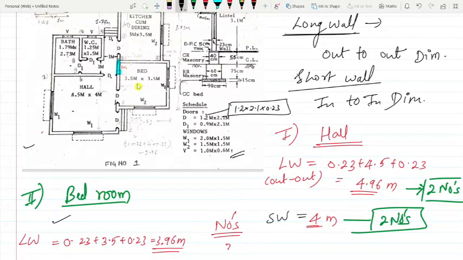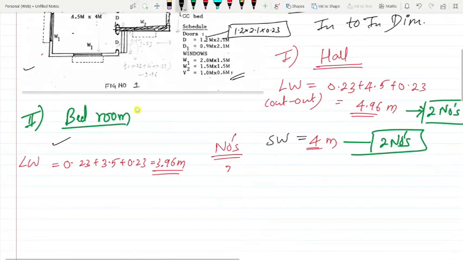So for the long wall, at least we have this entire thing to take, this complete entire thing, down part too. Yes, we have two long walls here. Two long walls, one short wall, and one more short. We call this SW1, short wall 1. So the long walls, at least you came to know, are two numbers.